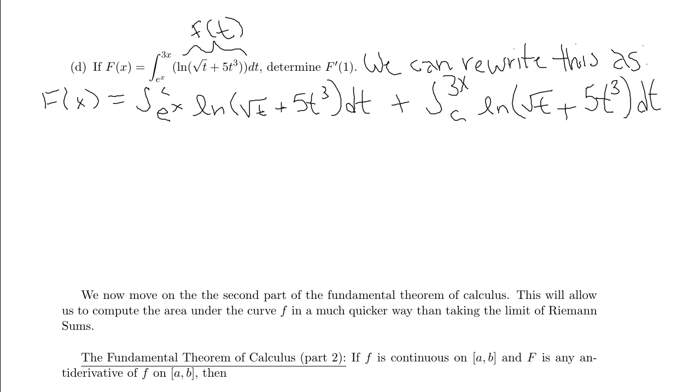Now, the second integral that we have here, the integral from c to 3x, we can directly apply the fundamental theorem of calculus part 1 to, because we've got the constant on the bottom. For our first integral, the constant is on the top, so we first need to switch the order of the bounds so that the constant falls on the bottom. But when we do that, that changes the sign of the integral. So it's now negative the integral from c to e to the x of this function ln of root t plus 5t cubed